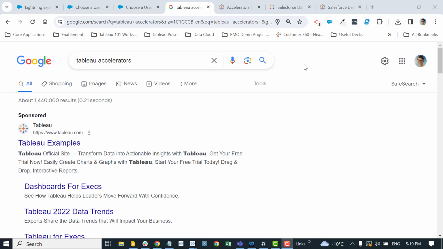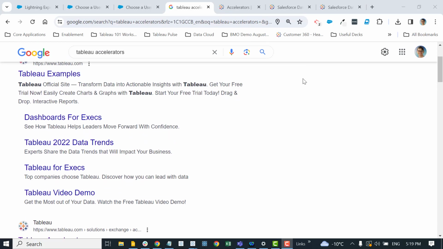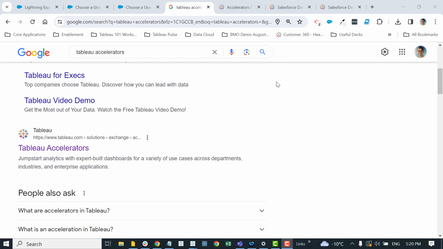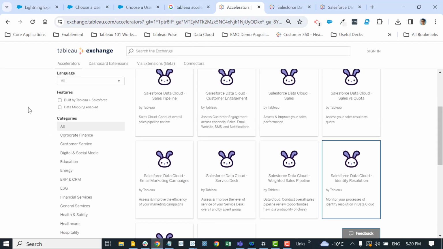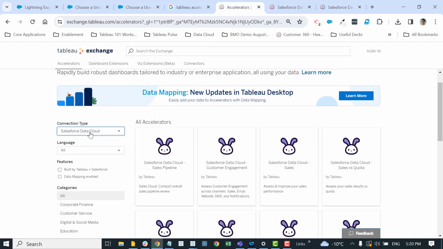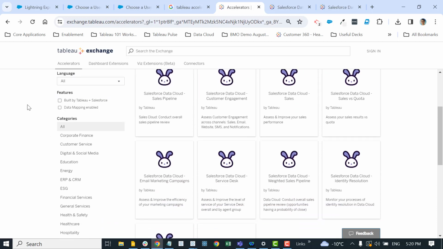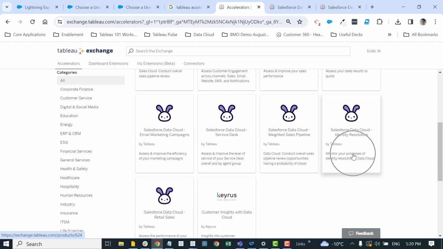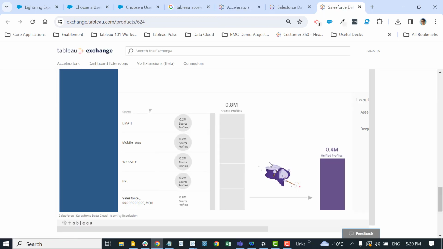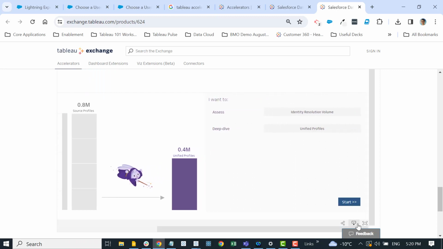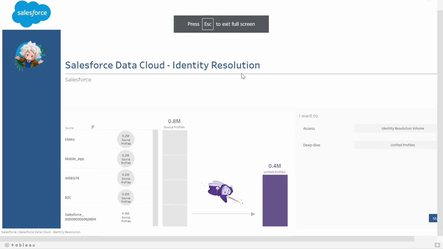If you want to explore exactly what you can do with Tableau and Datacloud, I'll leave you with this: Tableau accelerators. Tableau accelerators are pre-built templates that allow you to see exactly what Tableau can do. Of course, select connection type Salesforce Datacloud. Choose your accelerator. As an example, this identity resolution accelerator right here can really give you an idea as to what you might want to visualize